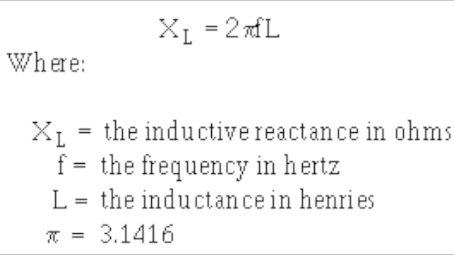XL has a formula to it that you'll get into, and I'll expand more on later, but it's 2 pi FL: 2 times pi, 3.14, times the frequency F, times an inductive value L. It's answered in ohms. All of the values within the resistive family, the opposition to current flow, are all answered in ohms, although they all have slightly different characteristics. So if you're asked a question for XL, inductive reactance, you're going to answer that in ohms.